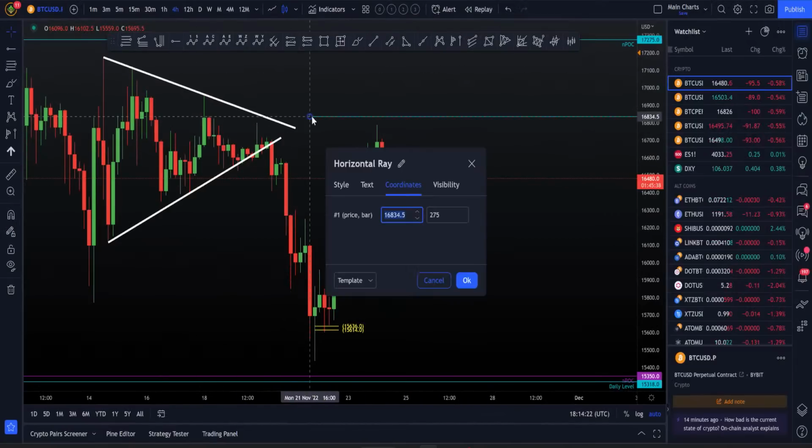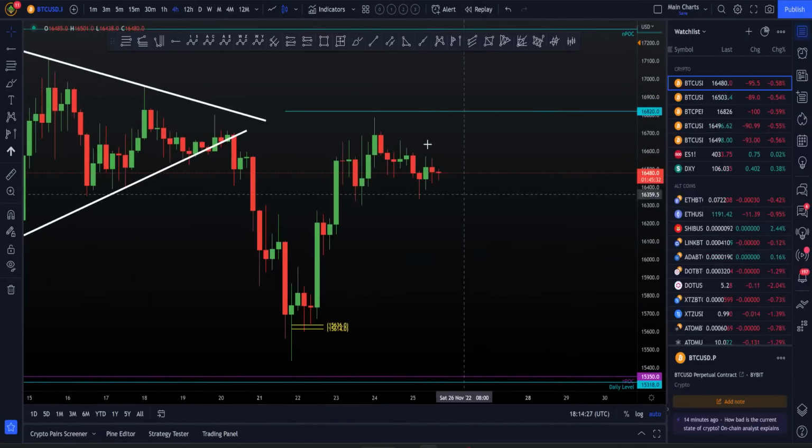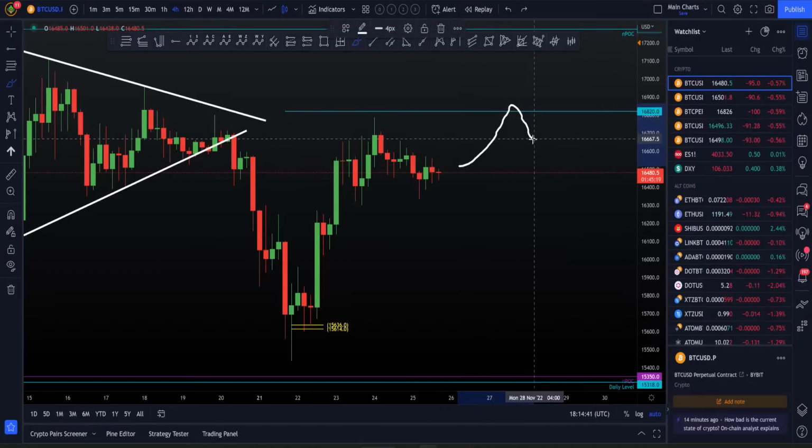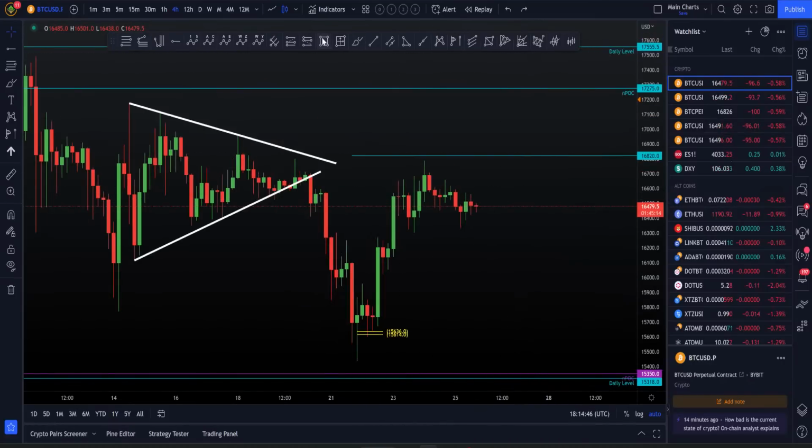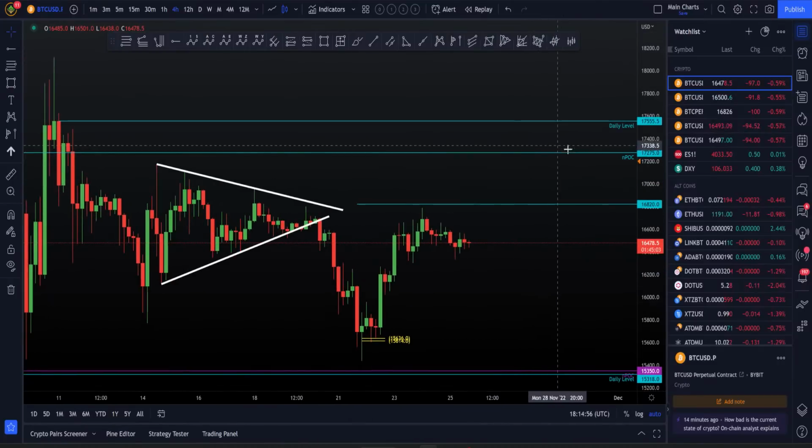So this is our local level right above us, where we can look for, for example, a potential swing failure pattern, where we could get this kind of move up, swing failure pattern the high, and come back down. Oh my god, look at this lag, it's crazy. So this is my local level that I'm aware of, 16,820. This is a zone, although we are getting it at that level of respect, we can view this as a zone. It's not an exact dollar, but this is my next local level to the upside. Clear that, and I really think we're looking back up to around 17,300.